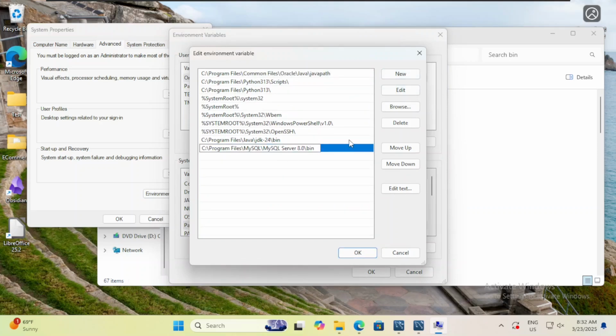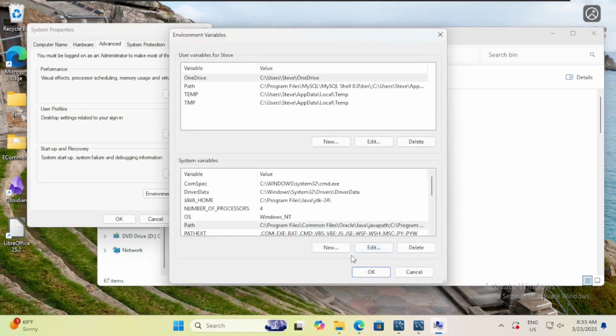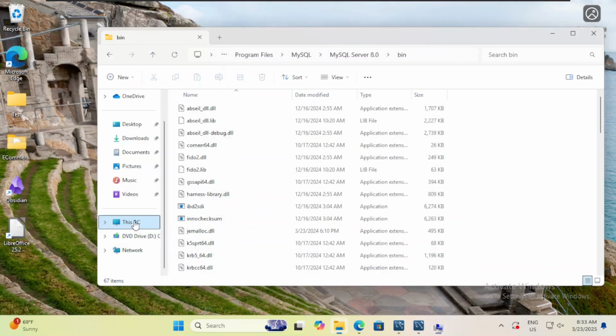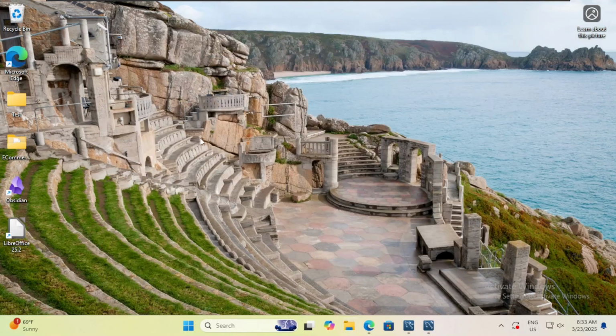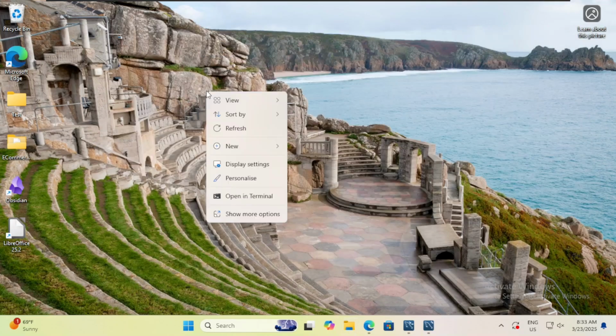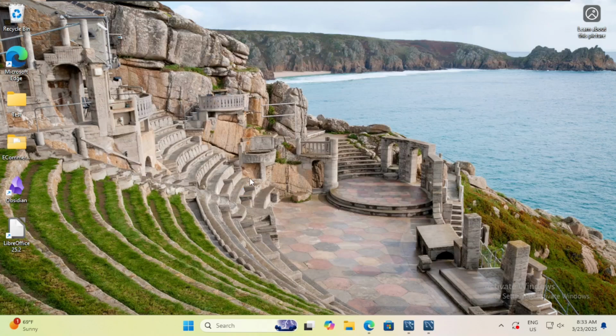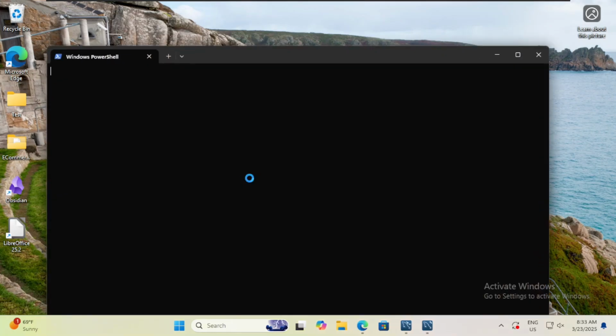Why are we doing this? We are doing this so that we can use the command line freely wherever we are on the system. In every path we can always use the MySQL command line. So after that we click OK, click OK again, OK, then we quit this, and after that I'm going to right click, open a terminal, and I'm going to write